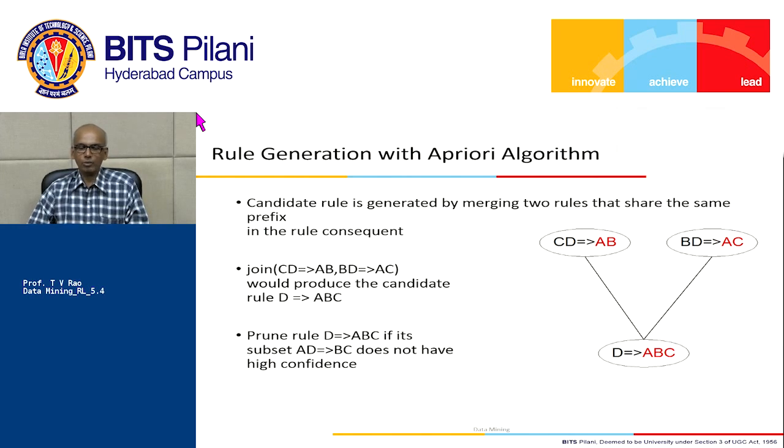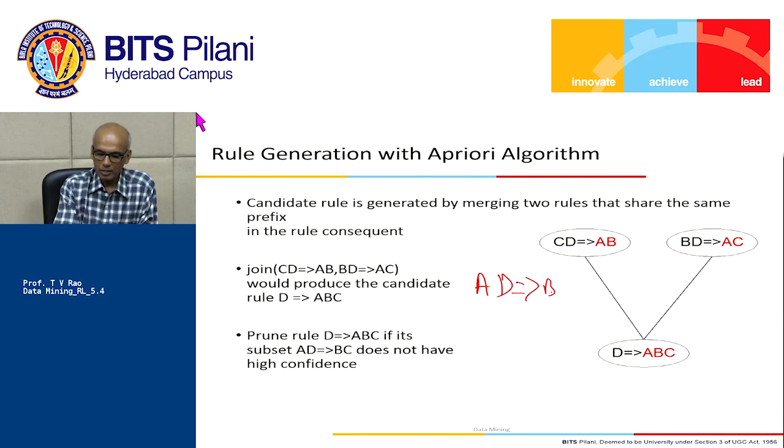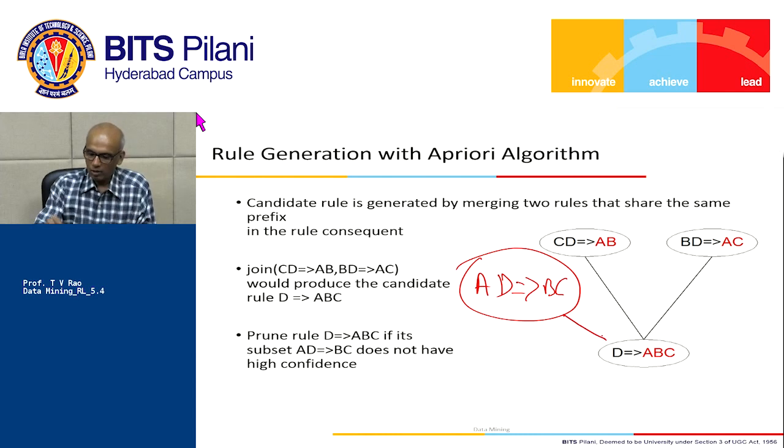And we can also use the a priori approach for creating the new rules. For example, if we have CD implies AB and BD implies AC, then we can produce a new rule D implies ABC. But we can prune this if we realize that AD implies BC does not have the greater confidence, because if there is a rule AD implies BC, then we know that this will also lead to